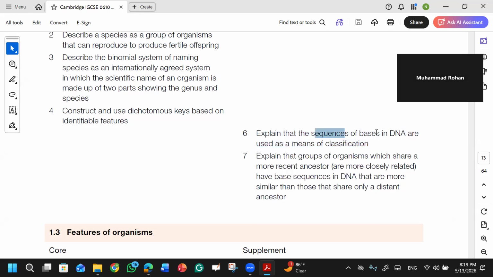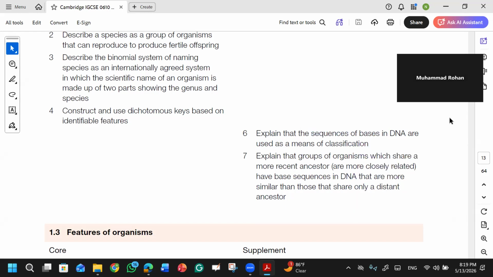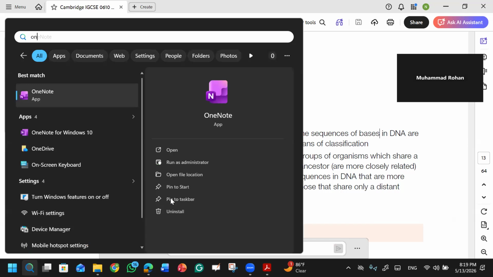Explain the sequence of bases in the DNA used as the means of classification. You remember we discussed that the sequence of nitrogenous bases is different. That's why we have different species. I told you in yesterday's class that, for example, if you have